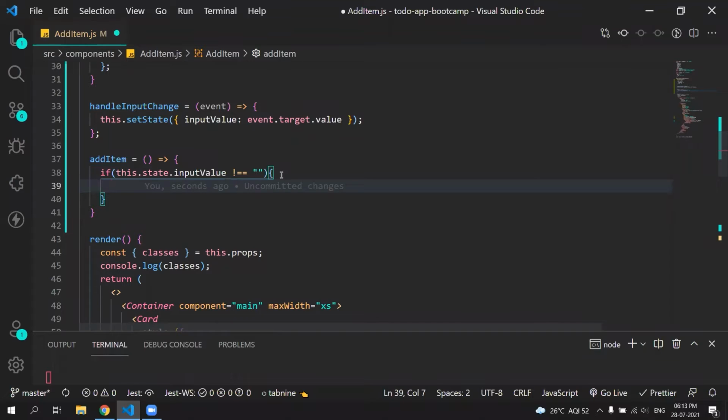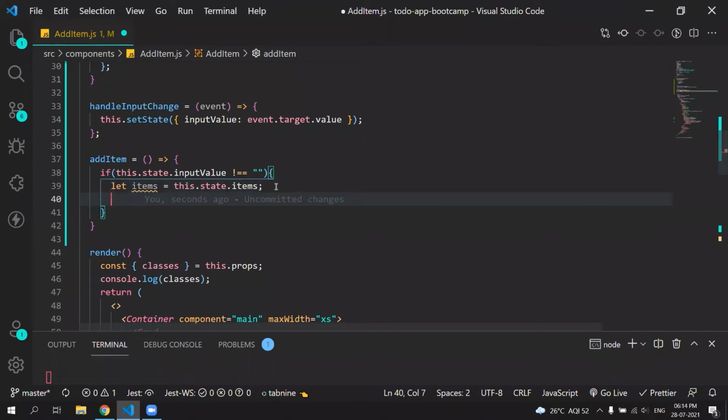We'll add the validations, so for adding the validation we have added this check. If we have the value inside the state, we have to take let items equals this.state.items. So I have taken my state array into a local variable. Now I need to push.